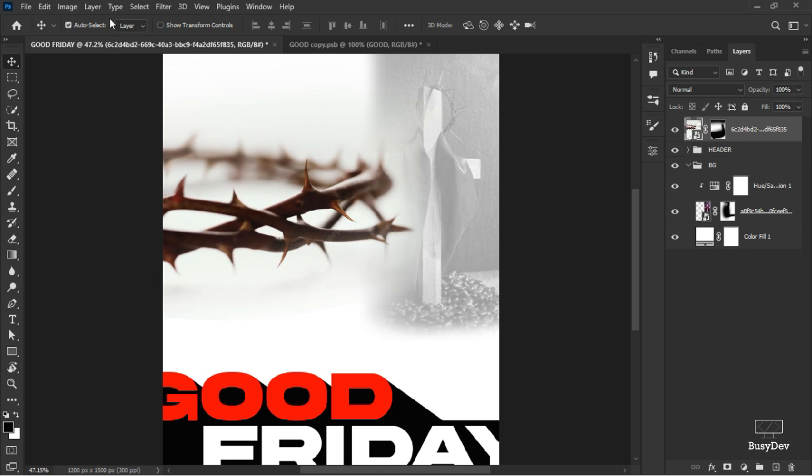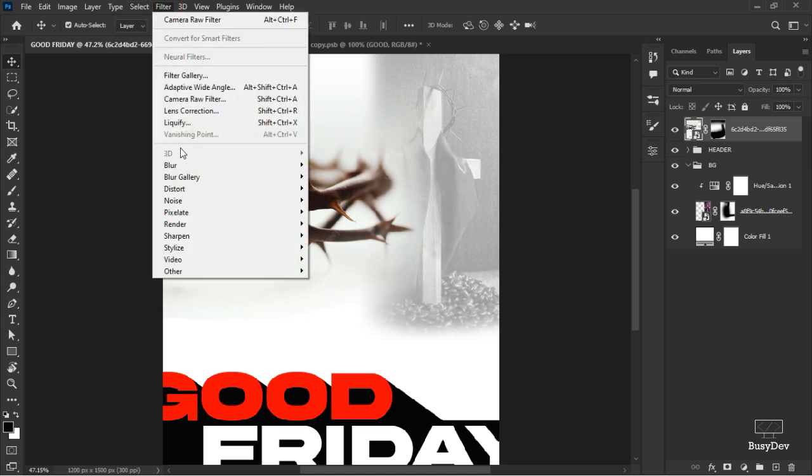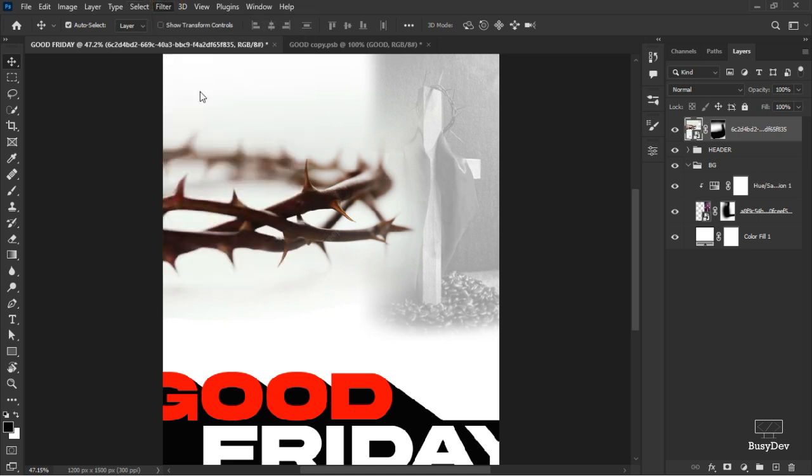And then on this crown I want to do some edits. Okay, so I'll go to filter. I go to camera raw filter. When I go to my camera raw filter, inside of my camera raw filter,